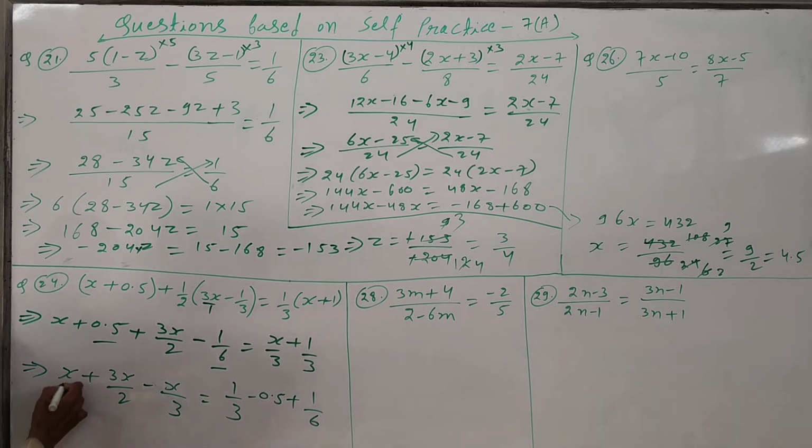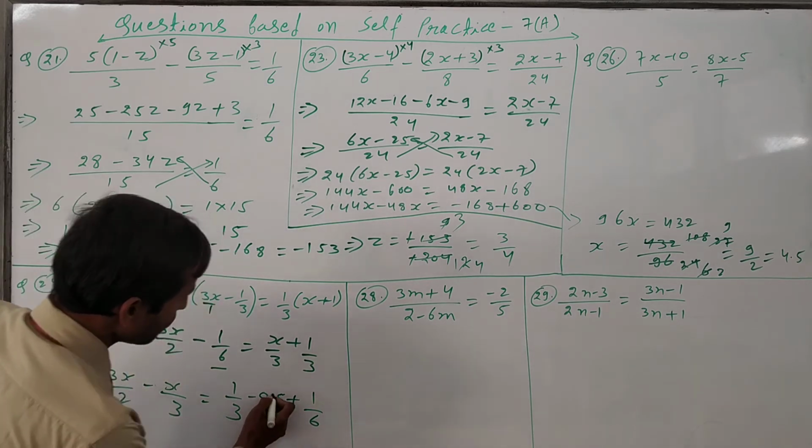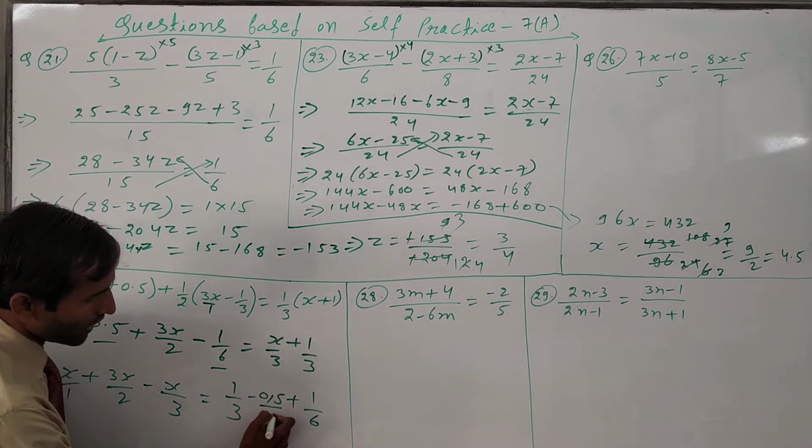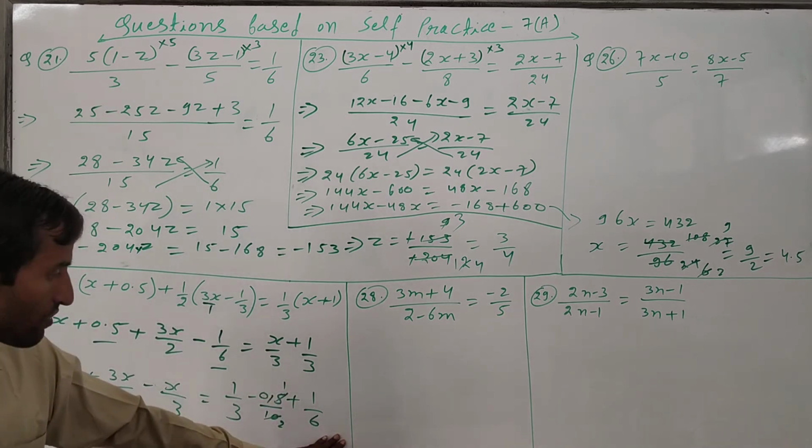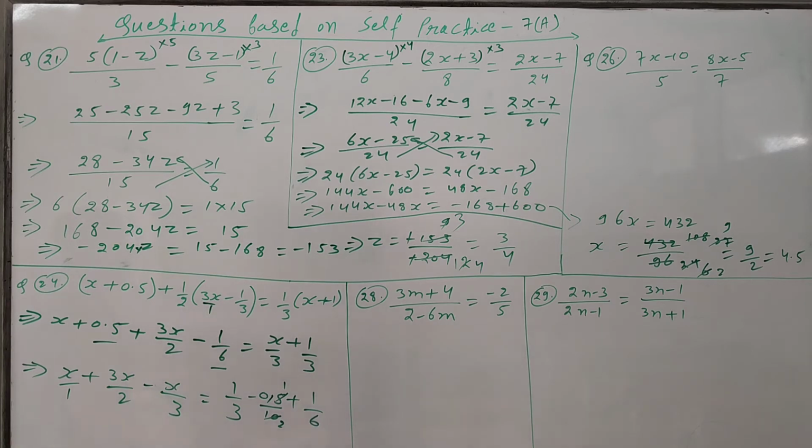Now again just take the LCM of 1, 2, 3, and this side also you have to take the LCM 3. Just remove this point here, then it will come 10. Okay, now we have to cancel out 5 into 10, then it will come 1 upon 2. So we have to simplify this side separately and this side separately. Then again we have to do cross multiplication. First of all, just take the LCM of 2, 3, then it will come 6. Now we have to multiply by 6 here, multiply by 3 here, because in the 2 table 6 will come 3 times, in the 3 table 6 will come 2 times, so we have to multiply by 2 here.